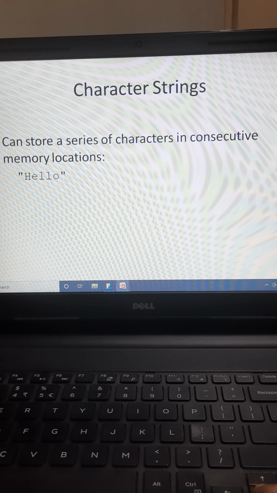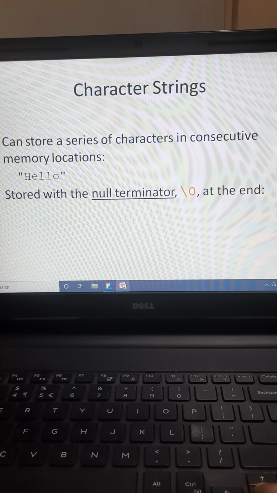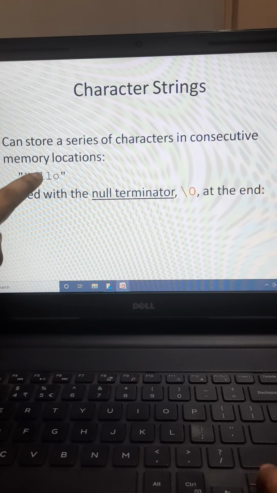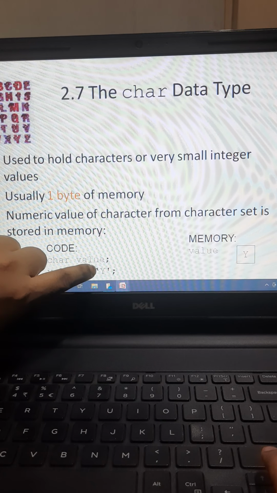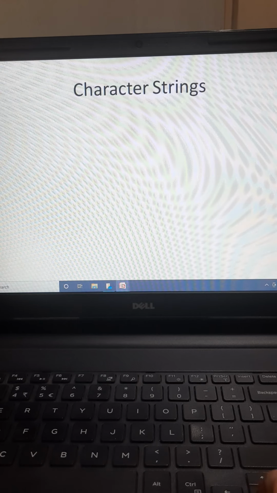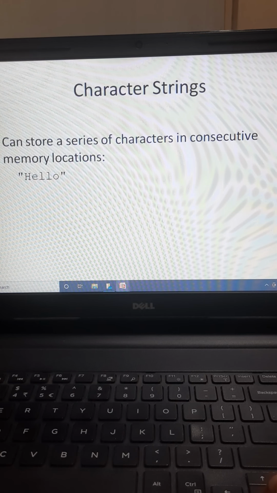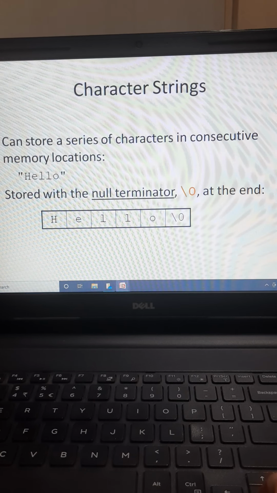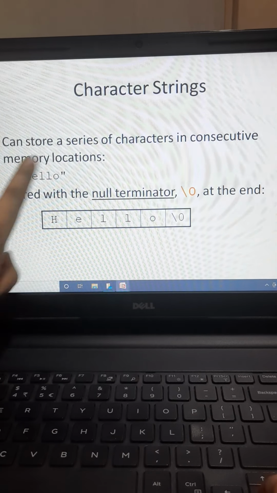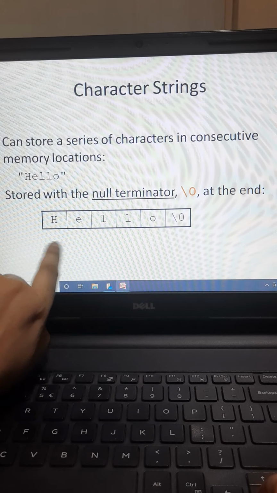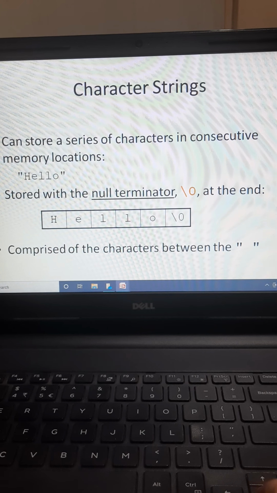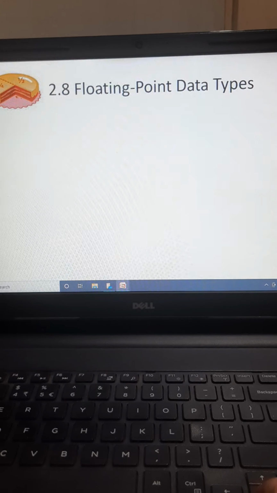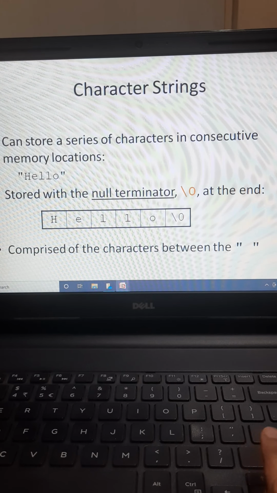Suppose if I want to store character strings instead of a single character, I can store it in the double quotes. In the char data type, you have to store a single value, you will store it in the single quote, whereas string you can store in double quotes. Okay, and when I store hello, say like this, there are 5 characters, a collection of 5 characters, and it will end with the \0, which is a null terminator character here. Okay, so these are the basic things.